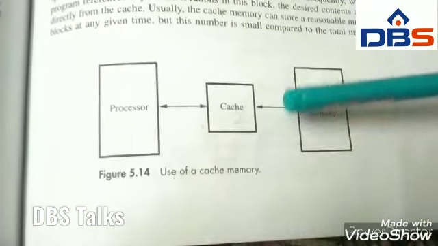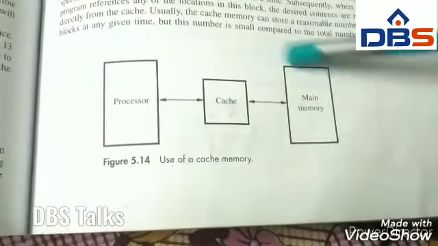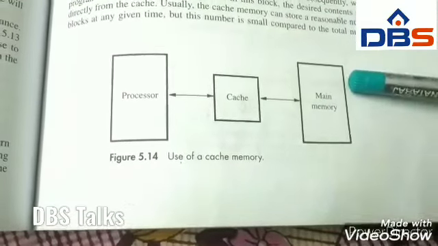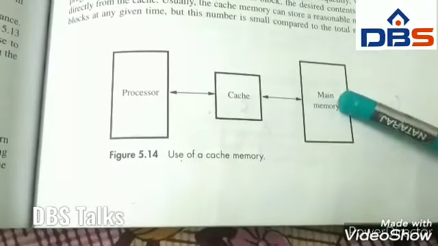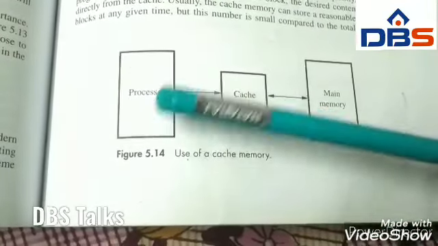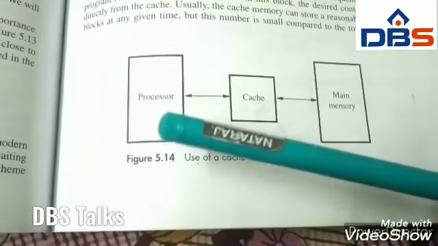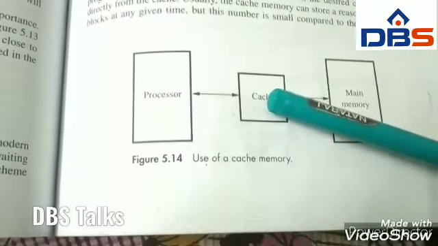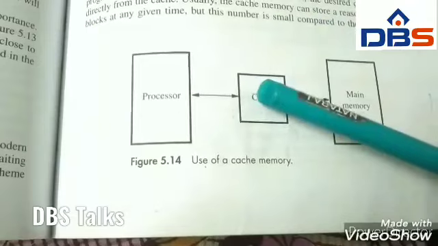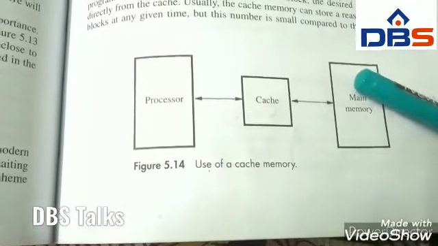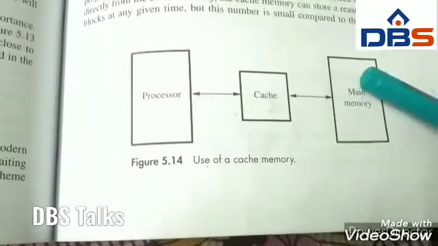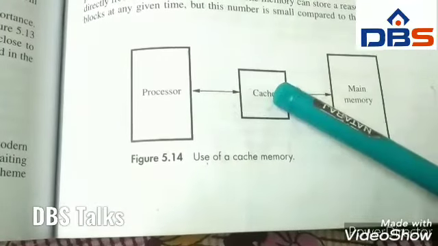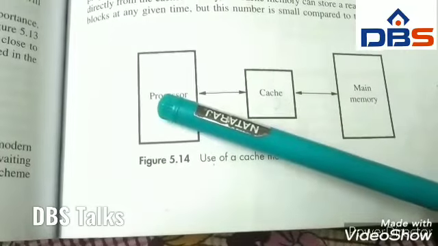The following is the diagram which shows the cache memory. Okay, this is the diagram of a cache memory. The cache memory is available between the processor and main memory. Whenever the processor requires some information from the memory, it will go to the cache memory first. If it is not available in the cache memory, then it goes to the main memory. If it is available in the main memory, those contents are moved to the cache memory and then moved to the processor.